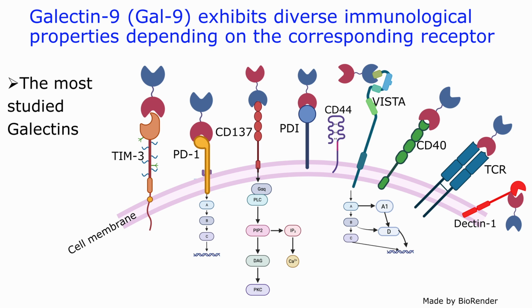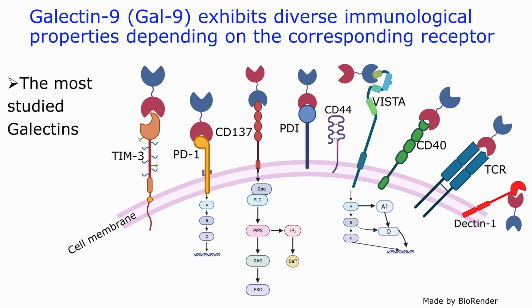Okay, why galectin-9 likes to interact with TIM3 instead of PD-1, and so on. It's very hard. We don't know the affinity, if a galectin has differential affinity for each of these receptors. These receptors can be expressed on one single cell or on different cells. So it makes it very, very difficult to study how galectins function, because they interact with different types of receptors.